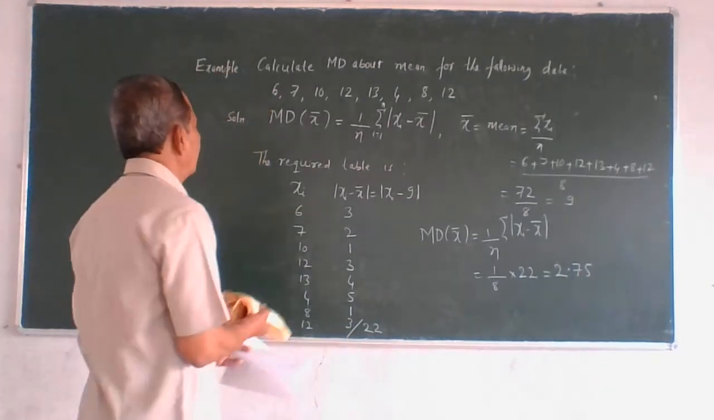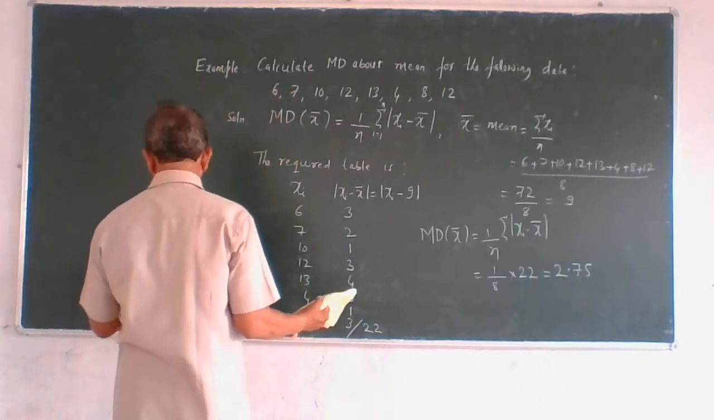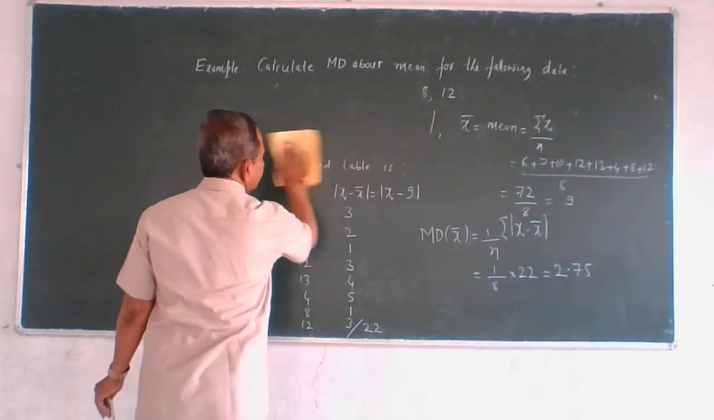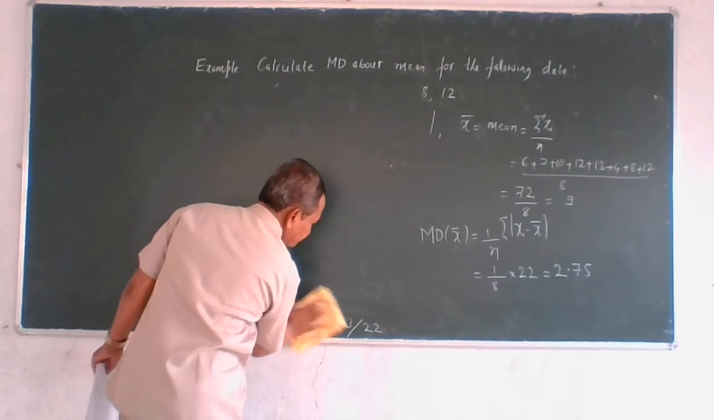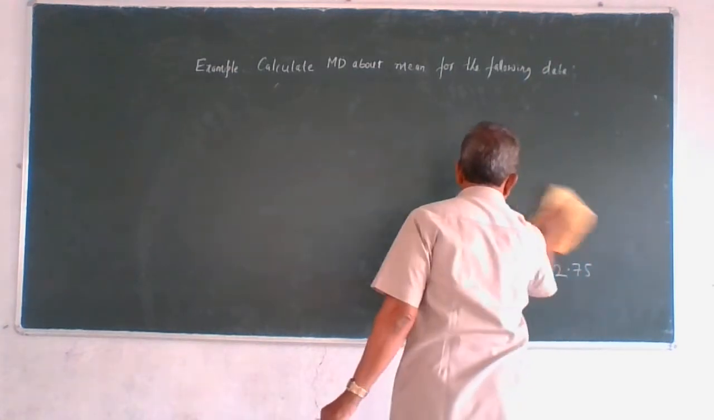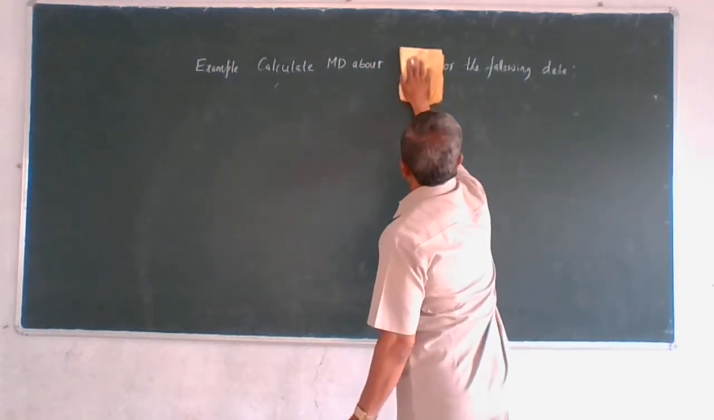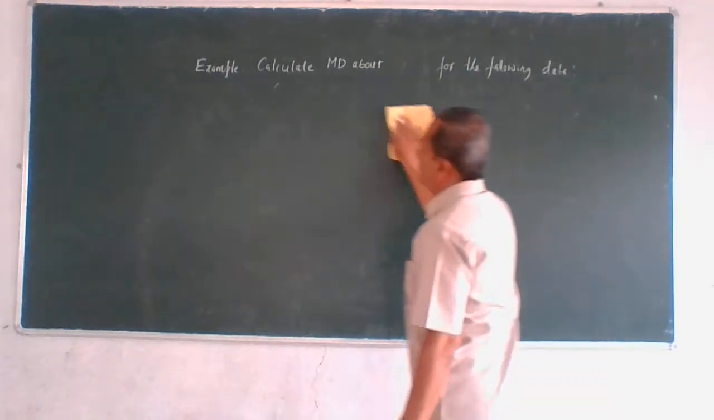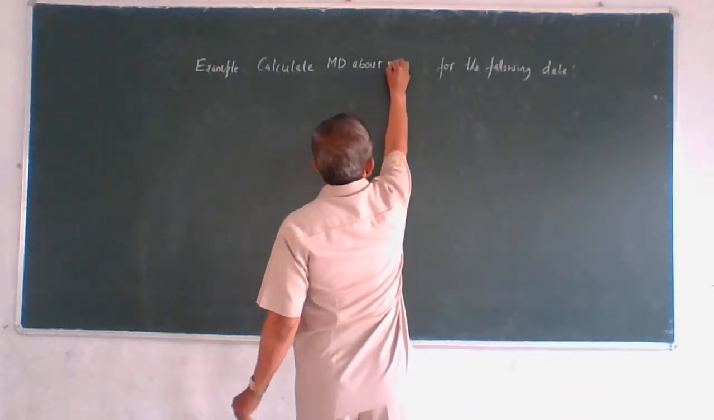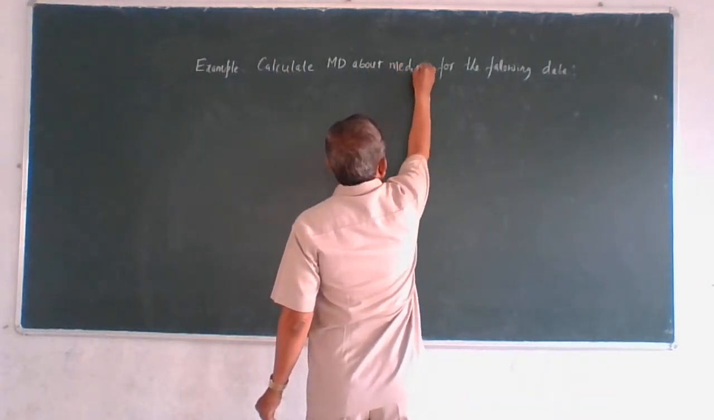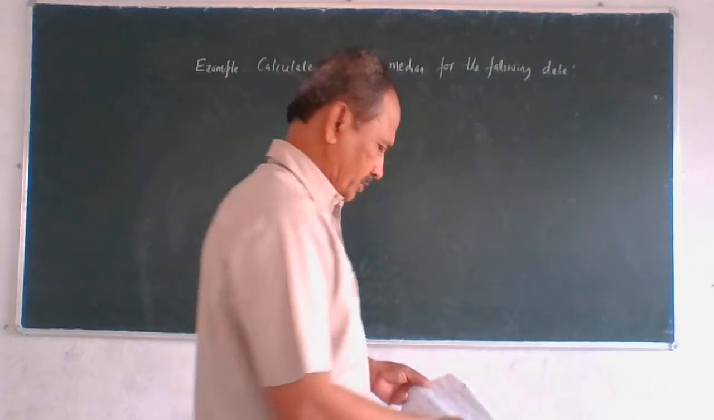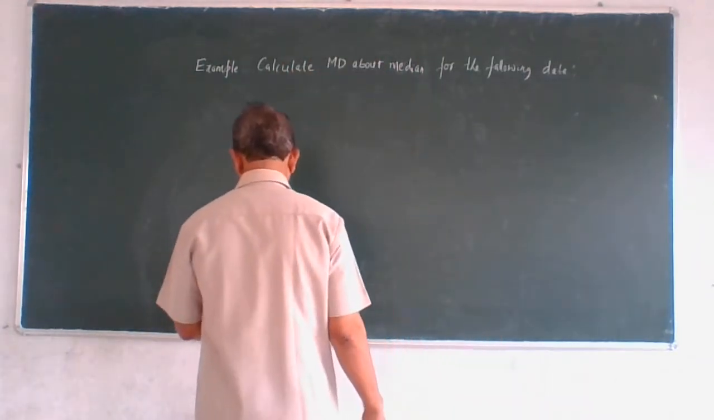Now let us see one more example: how to calculate the mean deviation about the median. So the next example: calculate the mean deviation about the median for the following data. The data is like this: